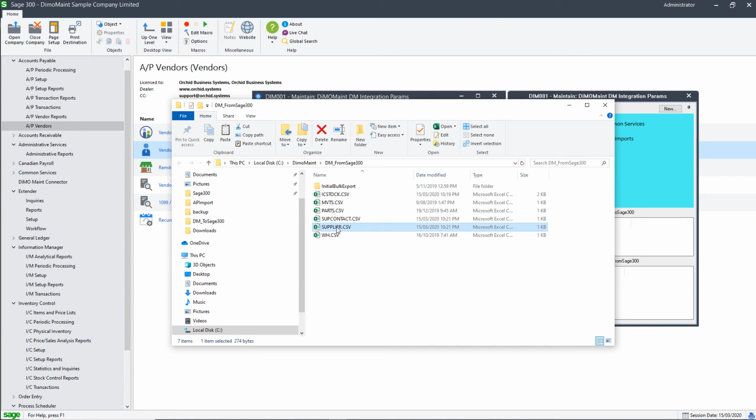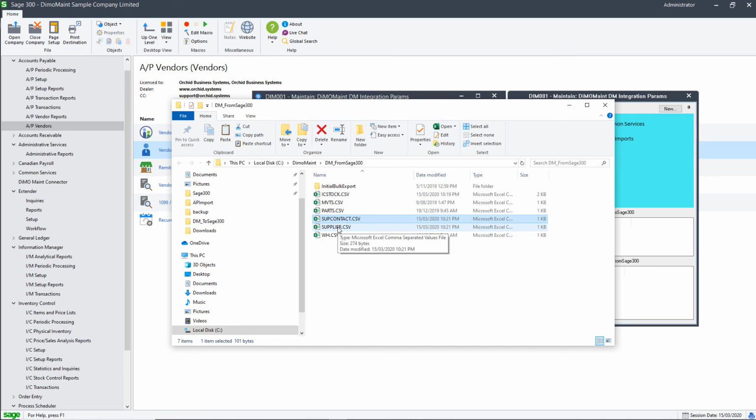I've now got a supplier file and a supplier contact file, because in DemoMain, even though the details are in the same table in Sage 300, it goes into two separate tables in DemoMain, two separate files. So we have this ability to call different events from the same table for different fields on the same table